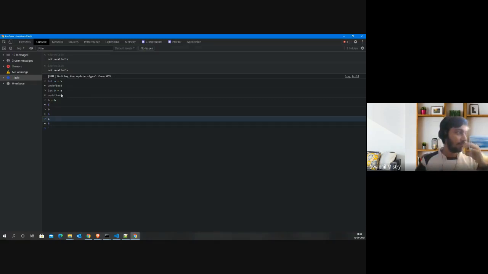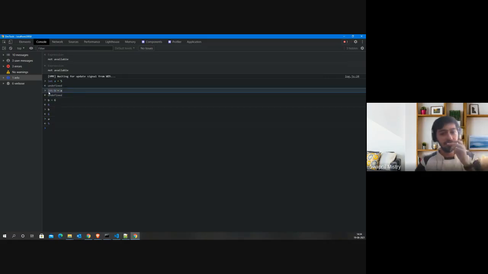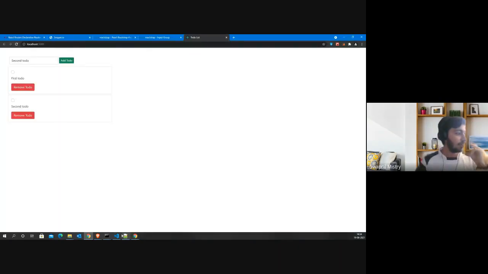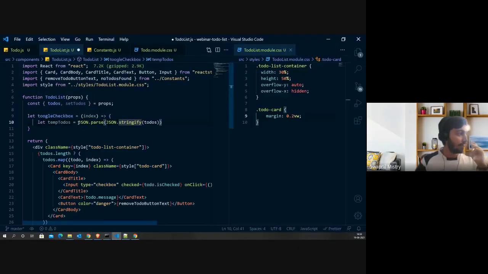We want to make sure that these indexes don't get updated whenever we pass any props to it. That's the reason we are trying to deep clone this, so that the memory location we get in this variable is different from the memory location which is present over here. This is one thing we need to keep in mind, so that's the reason we are deep cloning it.